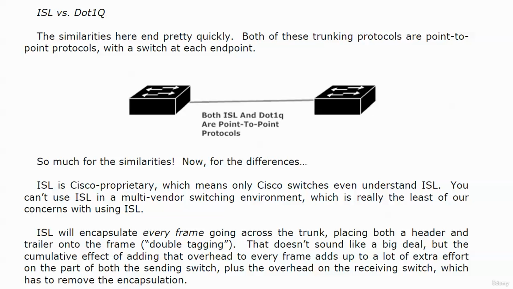All right, here's the lowdown on the similarities between ISL and Dot1Q, and you're seeing it at the top of your screen. They're both trunking protocols, and they are both point-to-point protocols with a switch at each endpoint. That's really it as far as the similarities go. Now for those differences. First, ISL is Cisco proprietary, and that means, of course, that only Cisco switches even understand